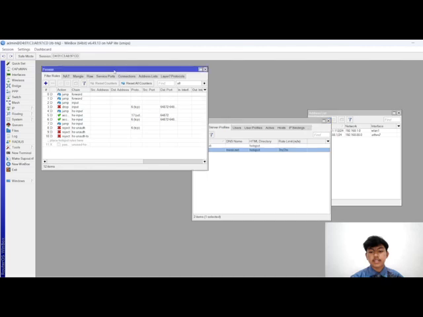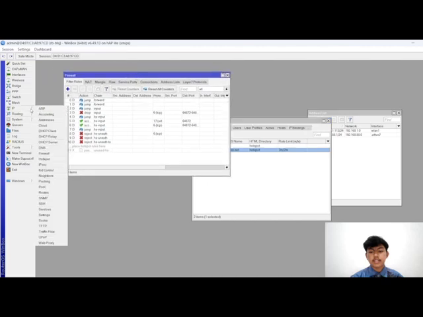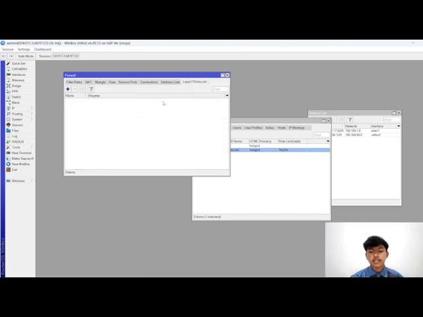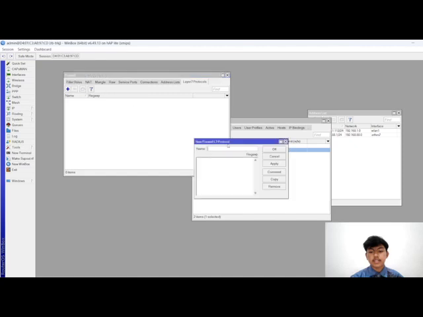You can click IP and then firewall, because we will drop YouTube. You can click the layer 7 protocol tab and then add. The name is up to you.